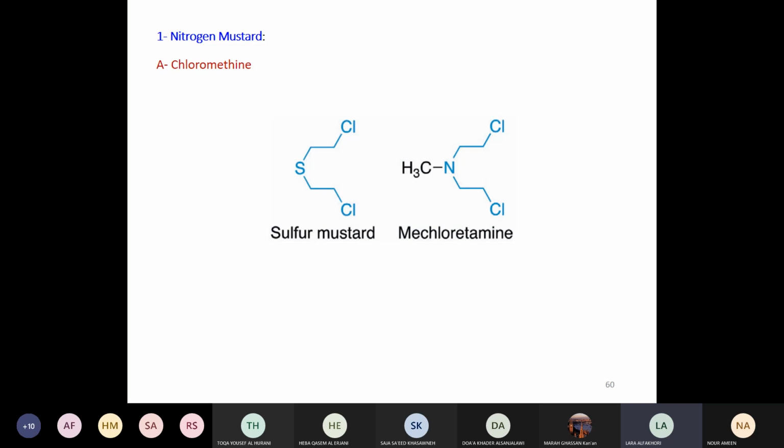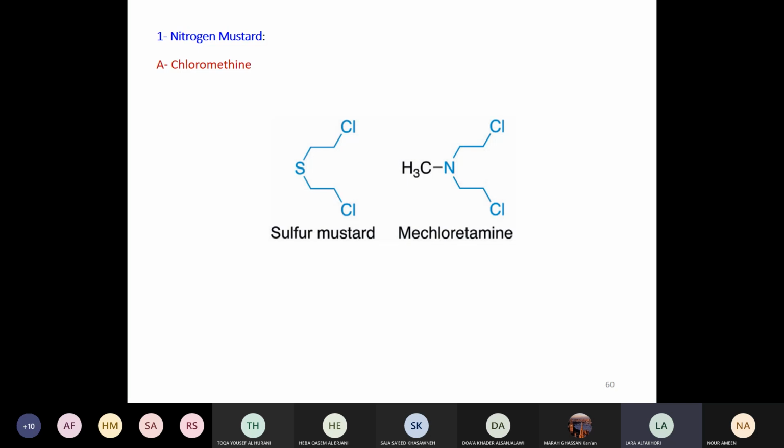I don't know about the smell, I'm not sure, but of course it has nothing to do with the mustard seeds. It was neither extracted nor isolated from them, nor any relation to the chemicals in mustard gas. But they called it mustard gas because if it comes in contact with the skin it causes blisters like the blisters that mustard oil causes. That is why they called it mustard gas. Alright. Now how come a toxic gas which was used in wars was the basis for the first alkylating agents?